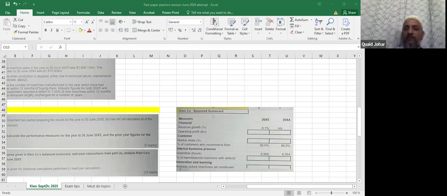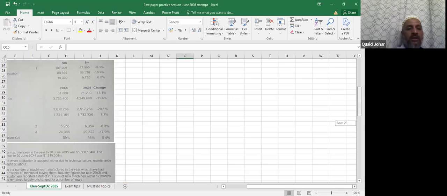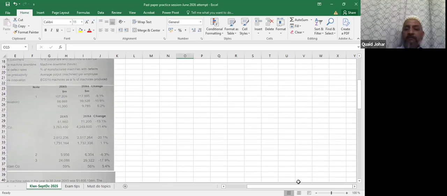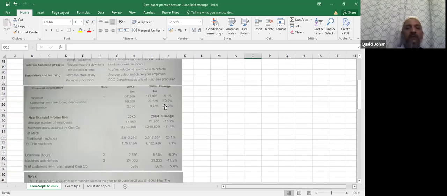So first of all, just look at the information given in this table as per question. तो क्वेश्चन के हिसाब से जो इंफॉर्मेशन दी हुई है उसमें आप देखें रेवेन्यू दिया हुआ है, ऑपरेटिंग कॉस्ट दी हुई है और डेप्रेशन दिया हुआ है। ये माइनस करेंगे ऑपरेटिंग प्रॉफिट आ जाएगा।